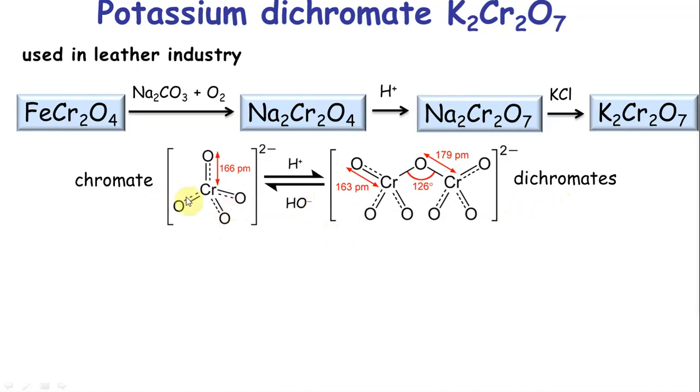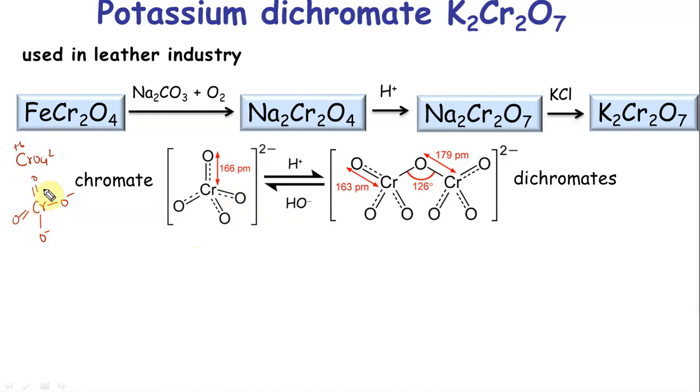If you look at the chromate ion, you have CrO4 2-, because it's an ion. It is in a resonating structure, so all the bond angles are the same and all the bond lengths are the same. Cr is plus 6. So you're going to have Cr double bond O, single bond O minus. This is one of the resonating structures, but this is the correct structure. This is the most stable resonating structure.